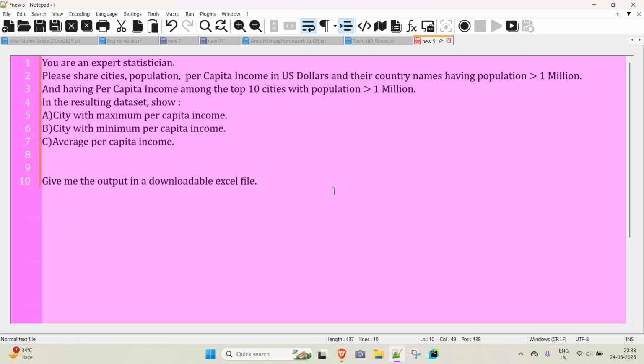So what I'm going to do, I have a random prompt where I want to gather certain statistics related to population, income, per capita income, based on the different cities of the world. So, what I will do, I will write this prompt on three different generative AI systems. So, what are those three systems?